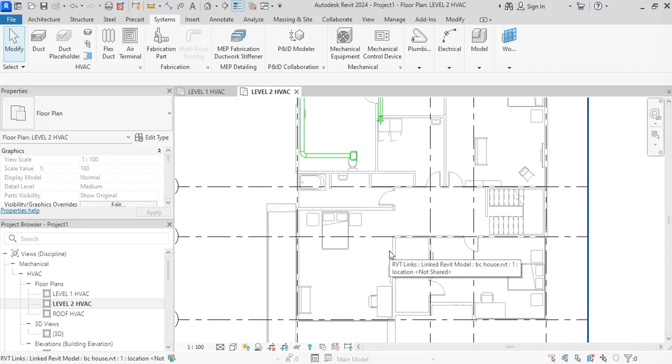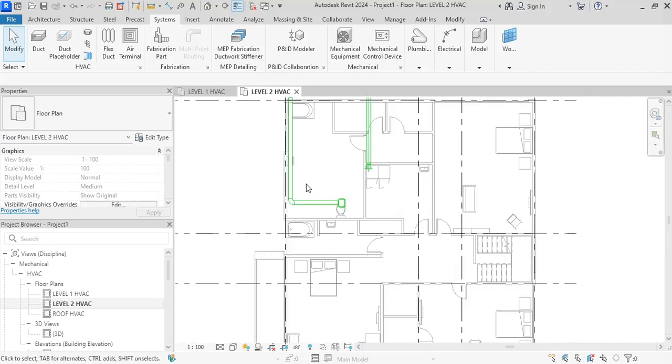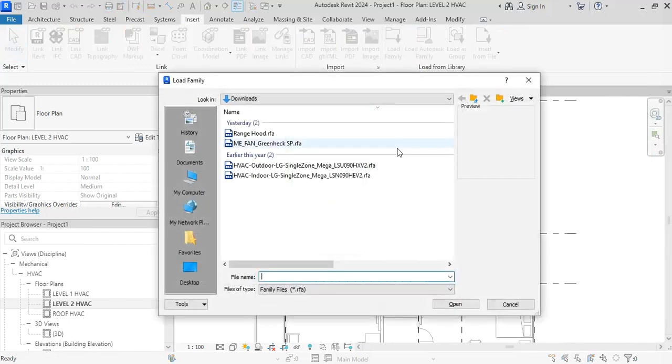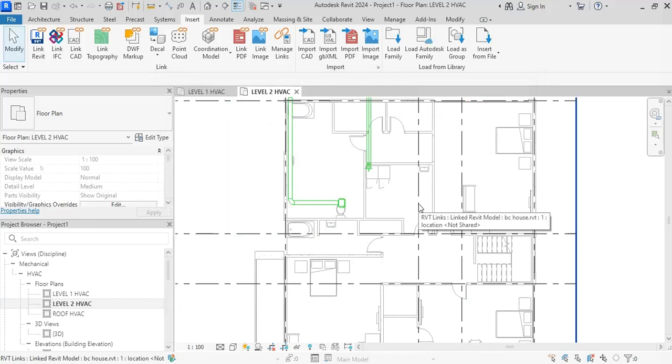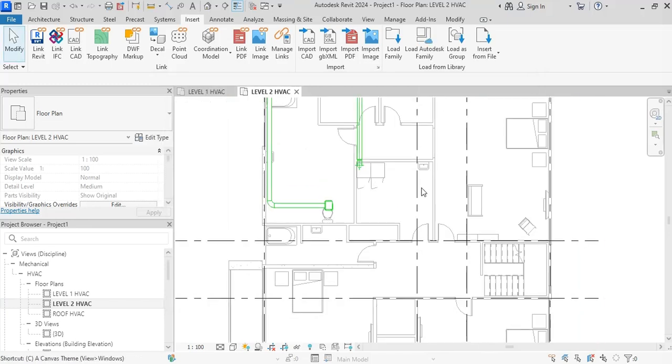Now I need to load my split AC. I press load family, insert, load family, and then I have this indoor unit. I will leave the link in the video description. It needs to be updated, so I press CM,